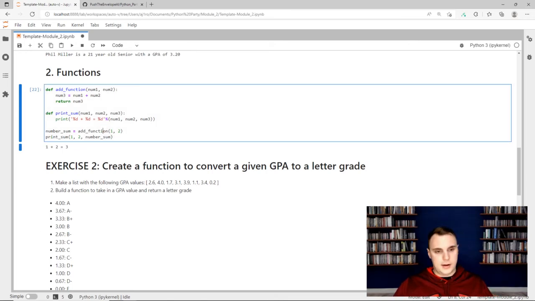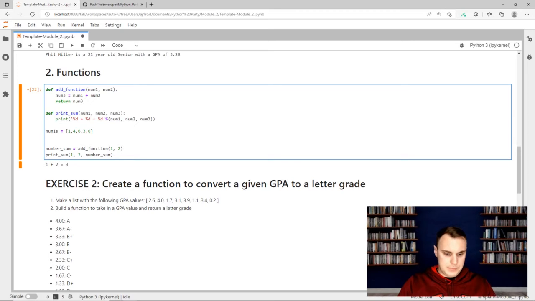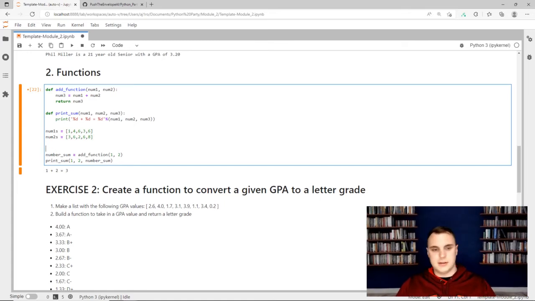And I was talking about how it's repeatable before. Something I can do is I can just create a list of a whole bunch of different numbers. So I can say num1s are going to be equal to just some random values here. Maybe I'll do 5. And then num2s are going to be equal to, again, just some random values. And we could just do a for loop and iterate through this, passing into the function and then printing it out. So I didn't cover this in the last video, but one thing you can do with for loops is I could say for num1 and num2, so with a comma there,